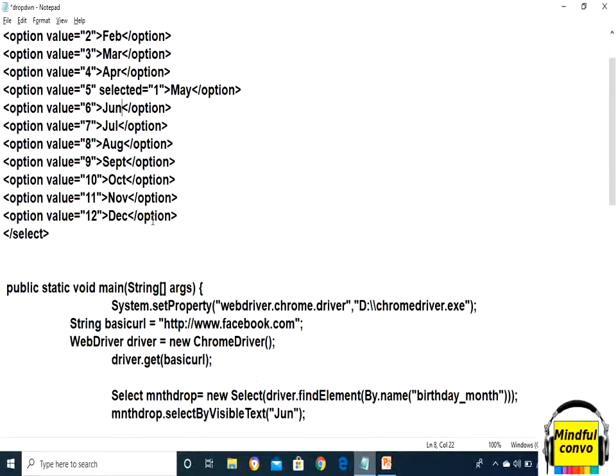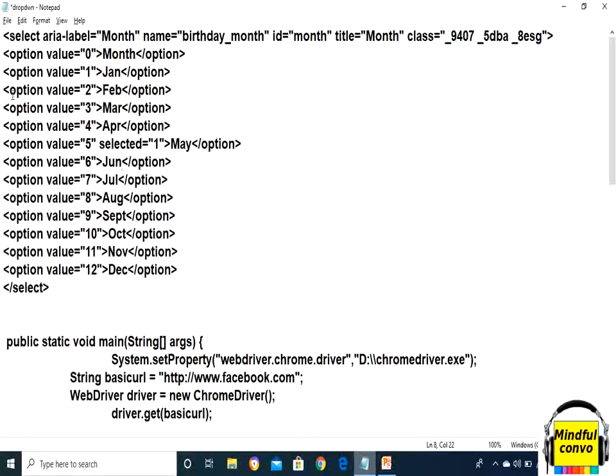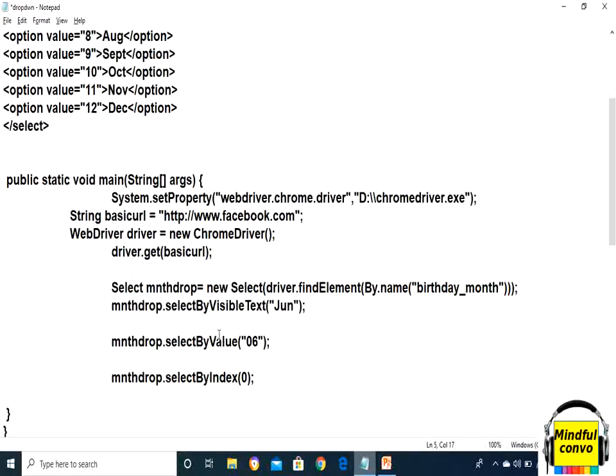So how do we use the selectByValue method? Basically, the selectByValue method selects or deselects the option where the attribute of the option named value has the same value as the parameter. See here, we have a value attribute and we need to specify its value inside the parameter of the selectByValue method.